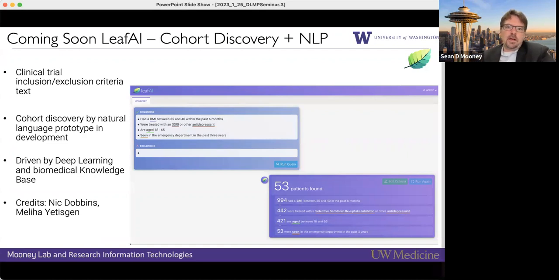And that is, if we take, say, the inclusion criteria of a clinical trial, like we want all patients that have a BMI between a certain range in the past 6 months, were treated with some drug, are aged some age range, and have been seen in the emergency department in the past 3 years. What this tool will do, which he's calling Leaf AI, will actually take these criteria and turn that into SQL to do a query against our clinical data, and then identify a cohort based on that in a completely automated